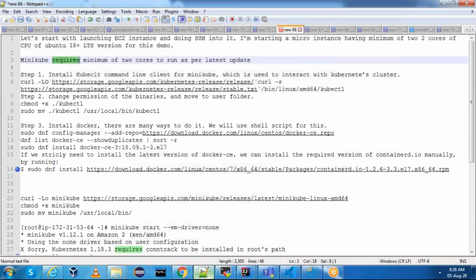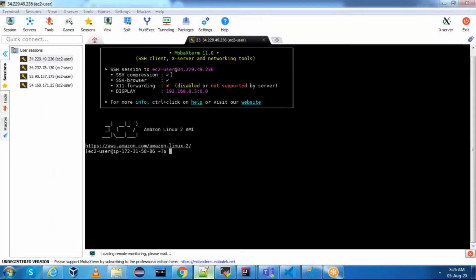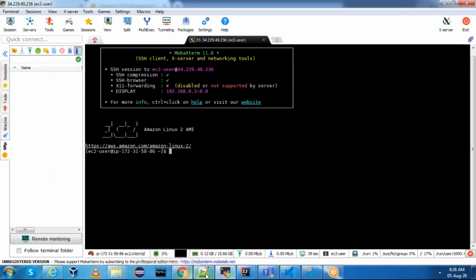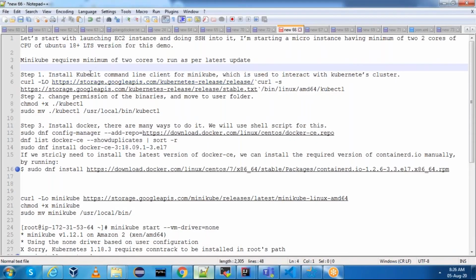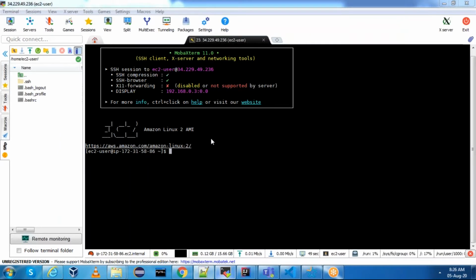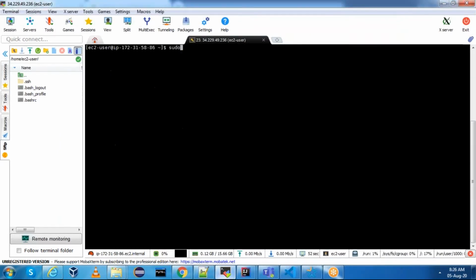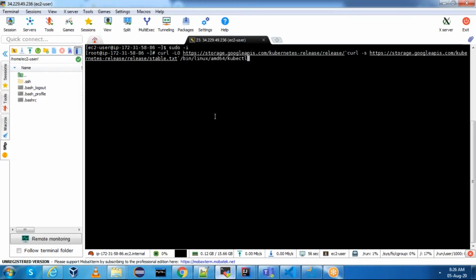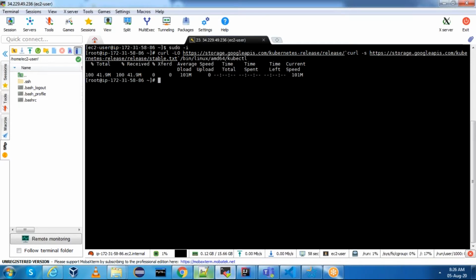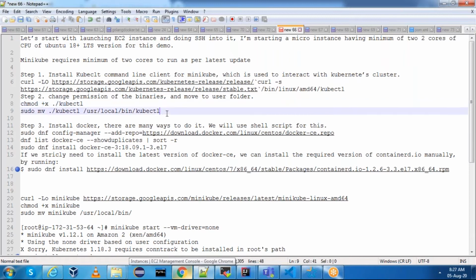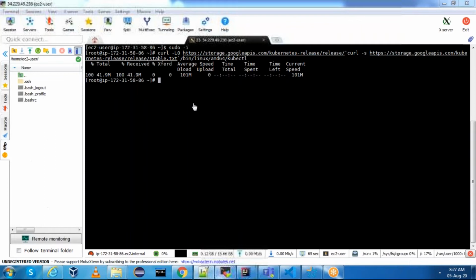First thing is we need to install kubectl. Before that, switch to root: sudo -i. Install kubectl. Perfect. Once kubectl is installed, change the permissions and move it to user local.